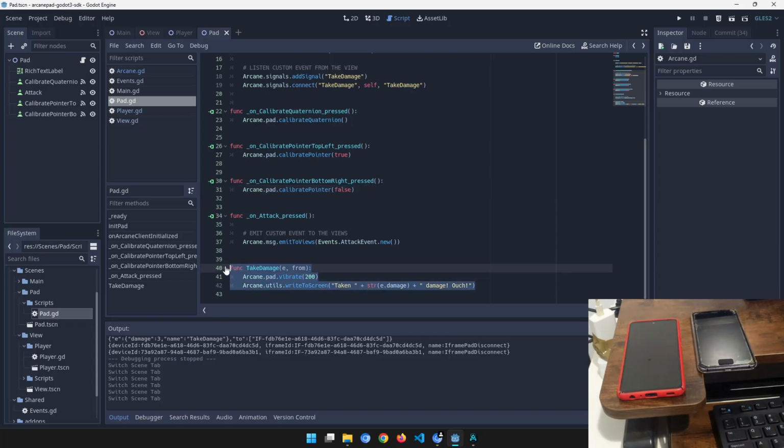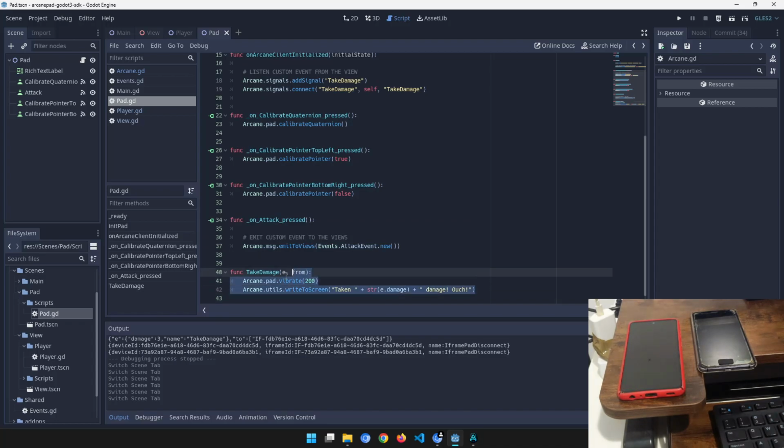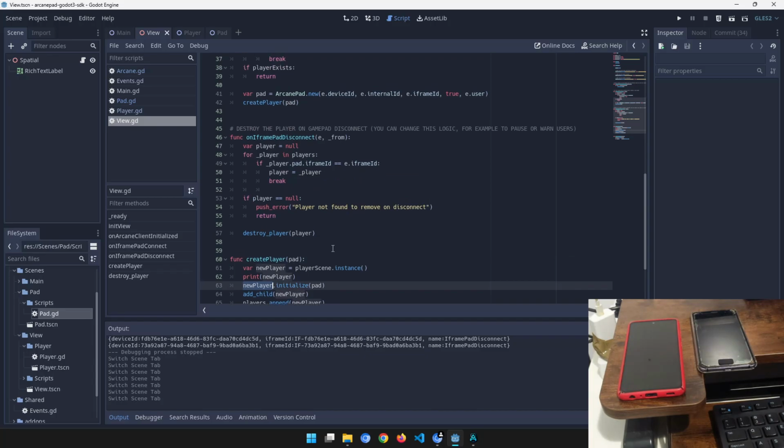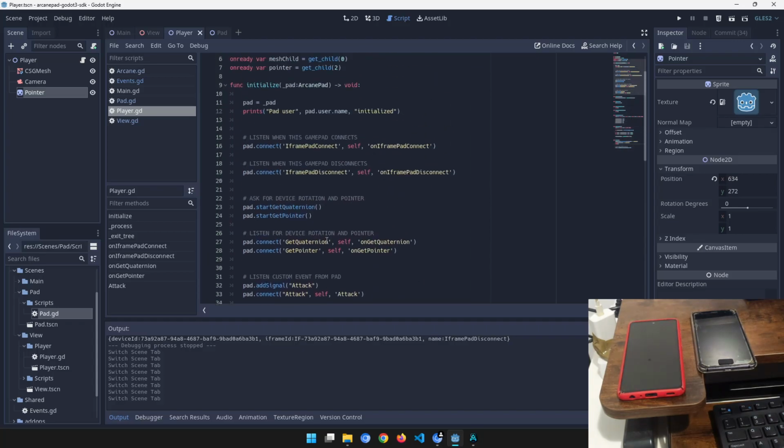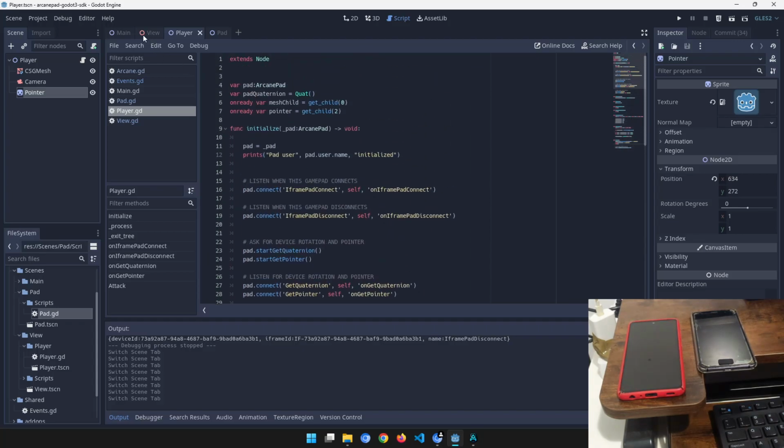You now know how to send a custom event from the gamepad to the view, like here attack, how to listen to an event from the view, how to send an event to the pad from the view, and how to listen to events from the pad. So the last thing,